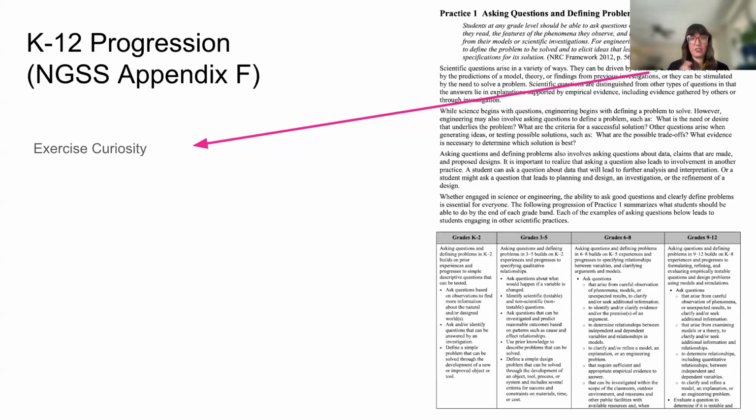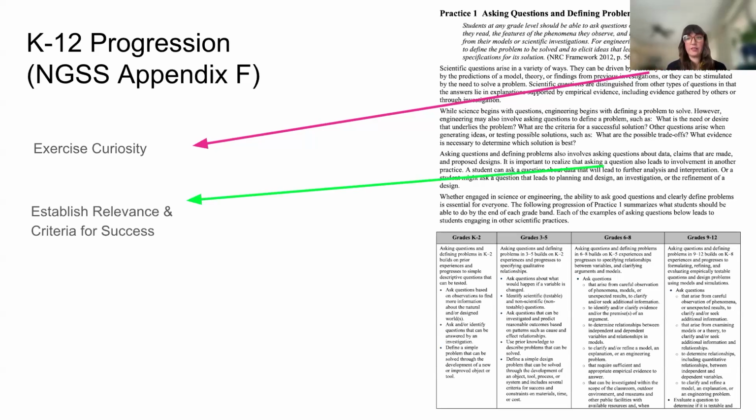So, first, they need to exercise curiosity about the world around them. In our science classrooms, we hope that that's happening every day. I know sometimes it doesn't. I know sometimes it's really obvious that it's not happening, but that's where we need them to start. You can't ask a good question if you're not curious. I love what some of the folks said in the chat when we first came in, like, I try to choose topics that are relevant to my students, right? What a great way that you all are already starting to spark this curiosity as educators.